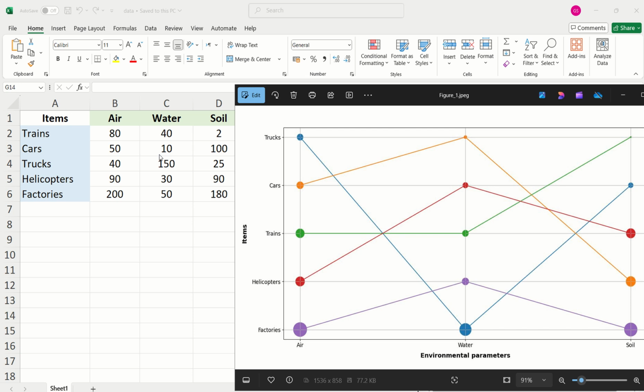Hello everyone. In this video I will show how to create a bump chart which can be used to show rankings over time. I will also show the magnitude or intensity besides ranking. I mean something like this. Let's look at our data file, effect of different items, terrains, cars, trucks, so on and so forth, on environmental